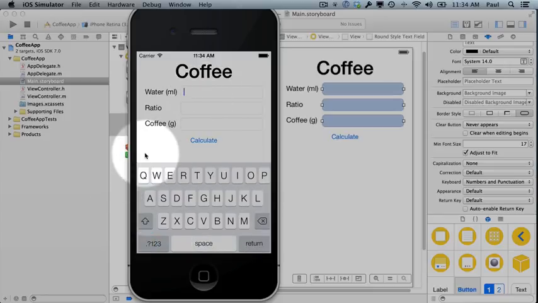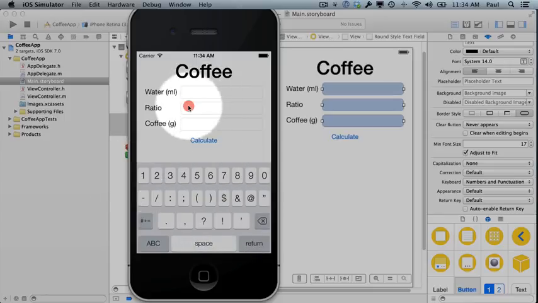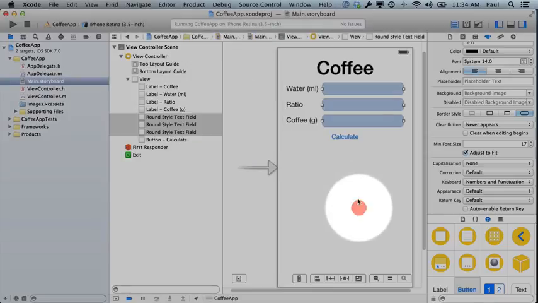And if I want to get A, B, C, I can get to that. But it makes sense to have numbers here because the user is going to want to type numbers when they first come to the application. So nothing's happening right now, and this is where we're going to connect all of this to our code,